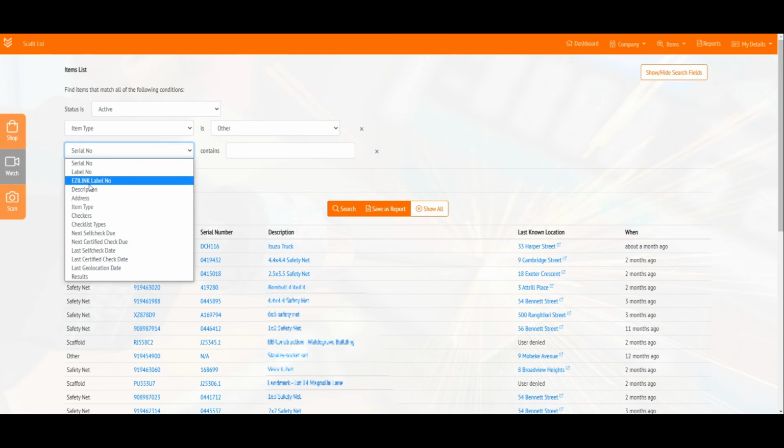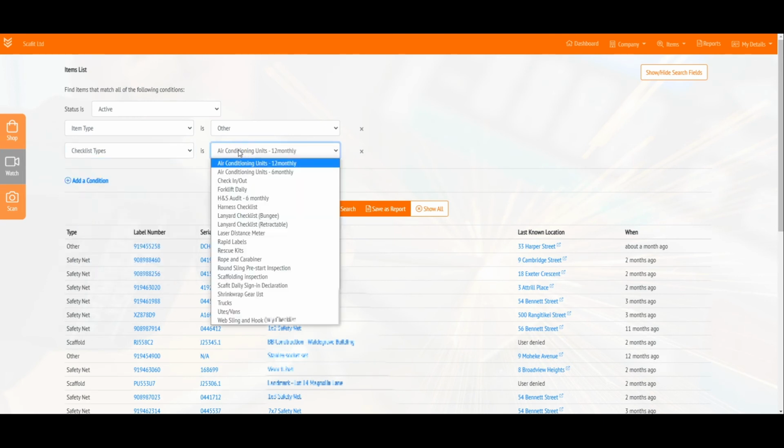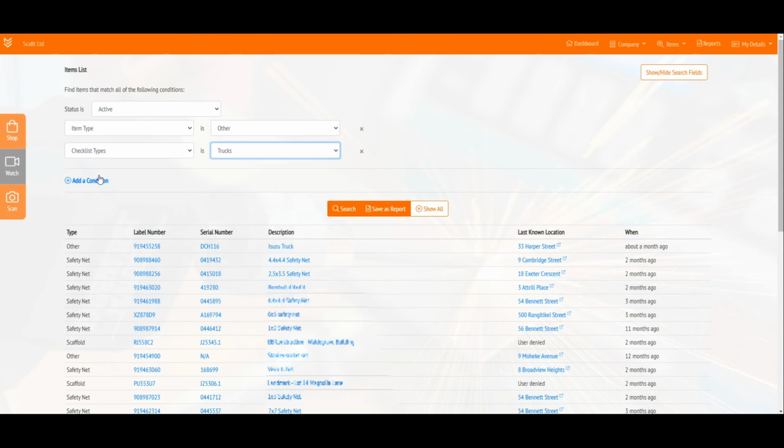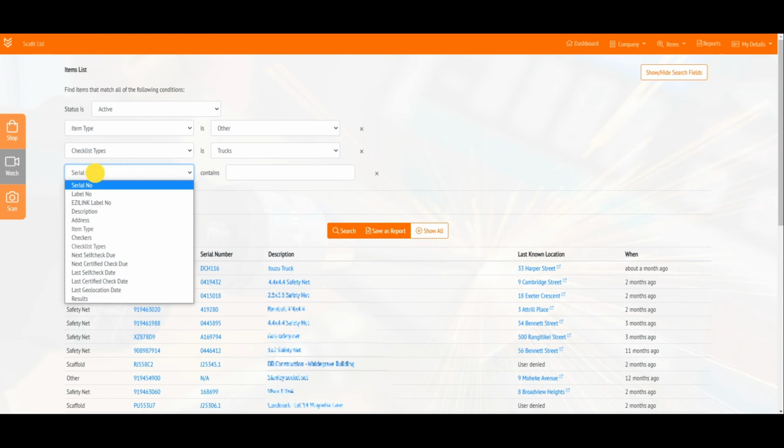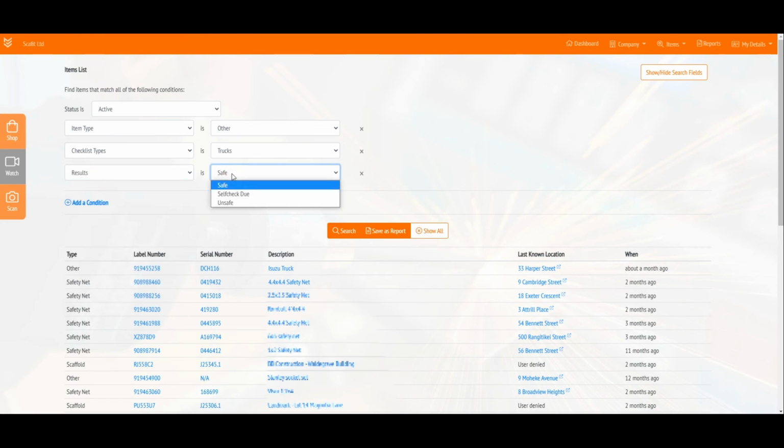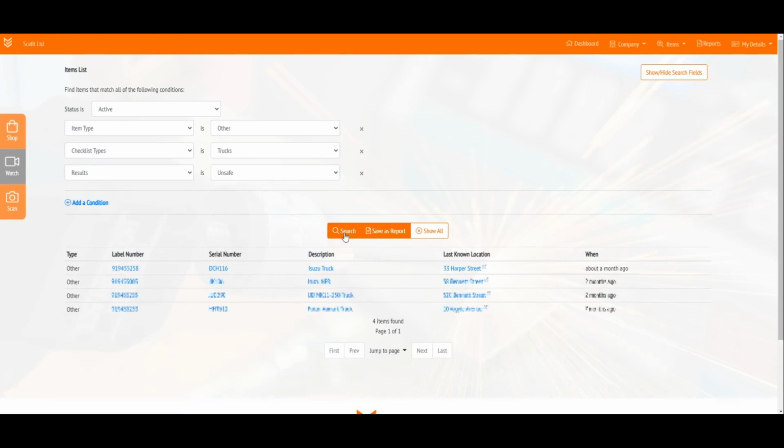I'm also going to search for where we have a checklist type, and that will show the list of checklists that I have in my company. So I'm searching for a checklist type of trucks, and then last of all I want to choose where the result is, and we have our options here. I'm going to choose a result of unsafe. So I'm going to search there, and I can see that I currently have 4 trucks that have been listed